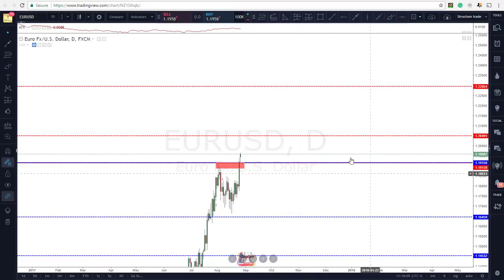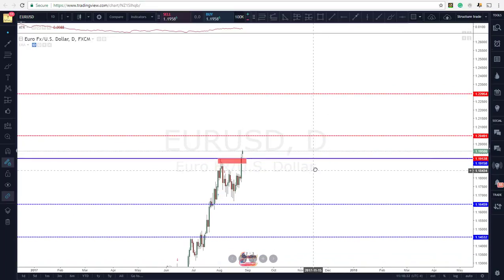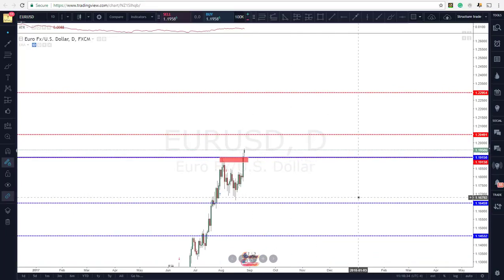Alright guys, so now that we have mapped it out here on the euro dollar, we've checked out previous data and we've seen the levels that have acted as support and resistance before, the levels where there were orders that accumulated before. Let's go ahead and point each of them out. So if the market falls from the level that it's at right now, if we close above the 1.1915 area, we could possibly see the market pulling back into that first level of support, which we'll be looking at the